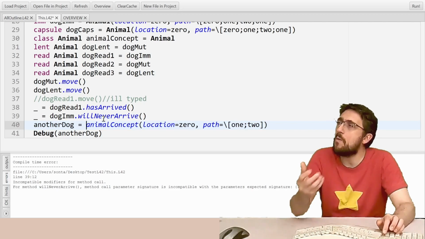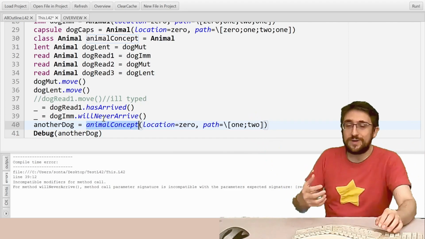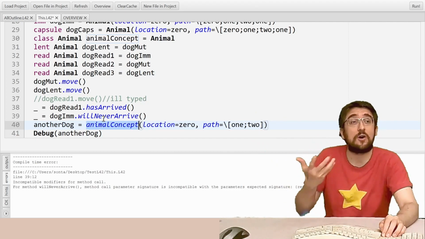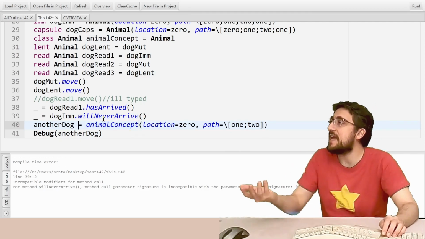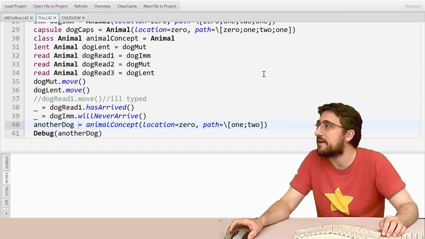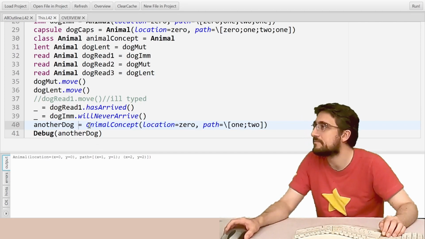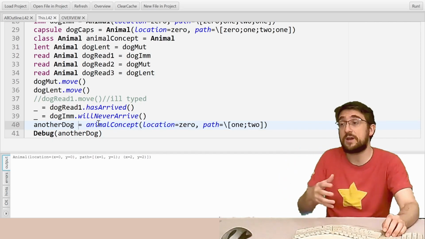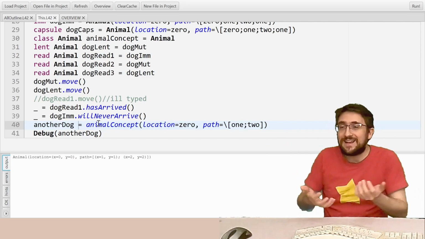Now, what can I do with my animal concept? With my animal concept, I can call all the class methods of animal. So in this case, the factory. So here I can make another dog. And so if I run, I get my printout for my other dog. This is important when we will introduce subtyping, where you will be able to pass different kinds of class animal